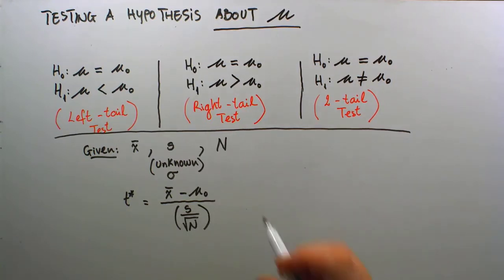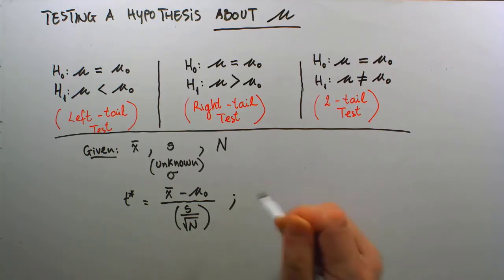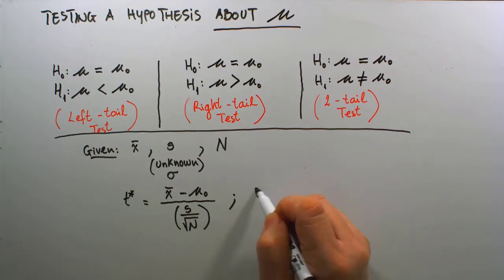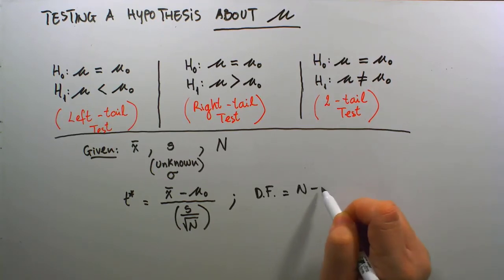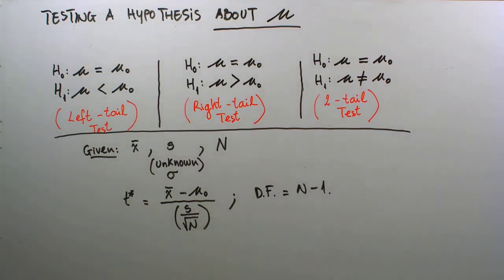And along the way, our sample will have a degrees of freedom. I call that df, being the sample size minus 1. And once we have identified the test statistic here and the degrees of freedom of our sample, then